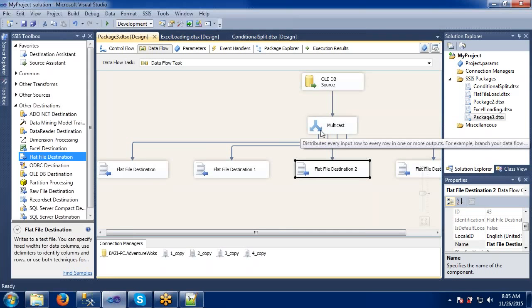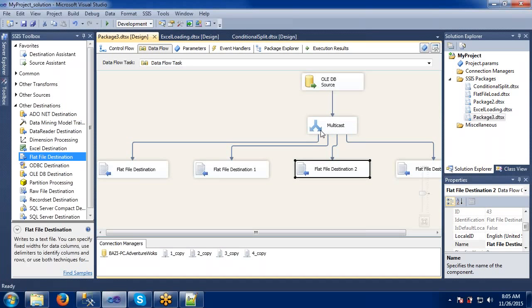Got it? And in what scenario will this multicasting be useful? Because if the destination files are in Excel or flat file or the general types of files we are using, then we can directly copy and paste, right? I mean, we can create multiple copies, right? And why do you do multicasting only with this one? What is the use? See, sometimes what happens is we want to send the same data to the different tables. Why? Because these tables can be useful for different purposes actually.